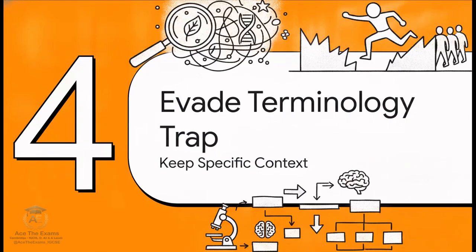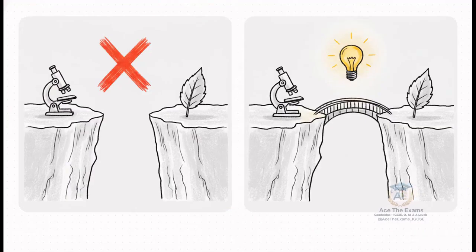All right, Section 4, evading the terminology trap and keeping specific context. Let's tackle one last major hurdle before our recap. This is truly where the highest achieving students separate themselves from the pack. A really common, fatal error in data